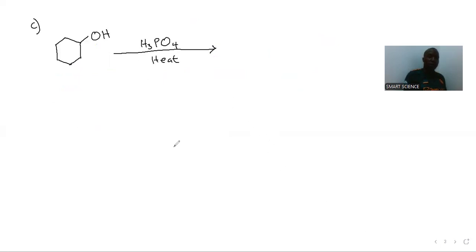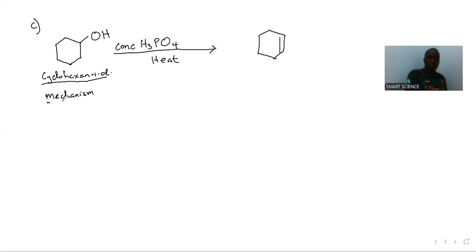When I come to this, this is cyclohexanol. Now, if I dehydrate it using concentrated phosphoric acid and I heat, I will definitely get an alkene. I'll get an alkene. And in my mechanism,